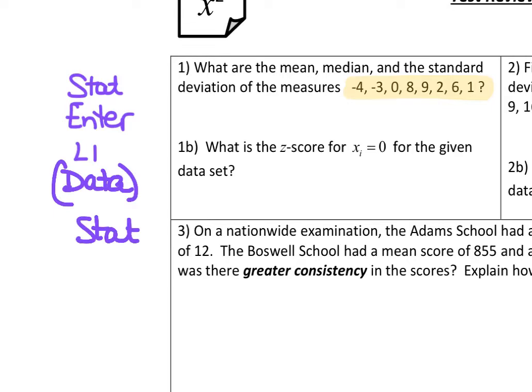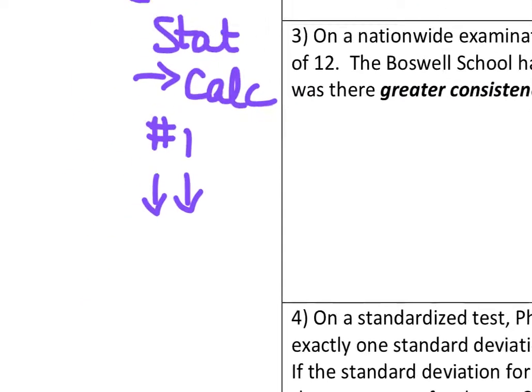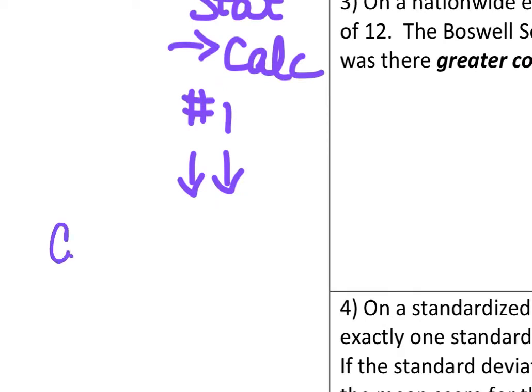And then you're going to right arrow to calc. And then you want number 1, or just press enter for the one variable statistics, and then you want to down arrow twice and then calculate. And remember that that gives you a list that has more things than you will actually use, but the one that you're looking for says in the calc, and I'm writing this off to the side, your calculator